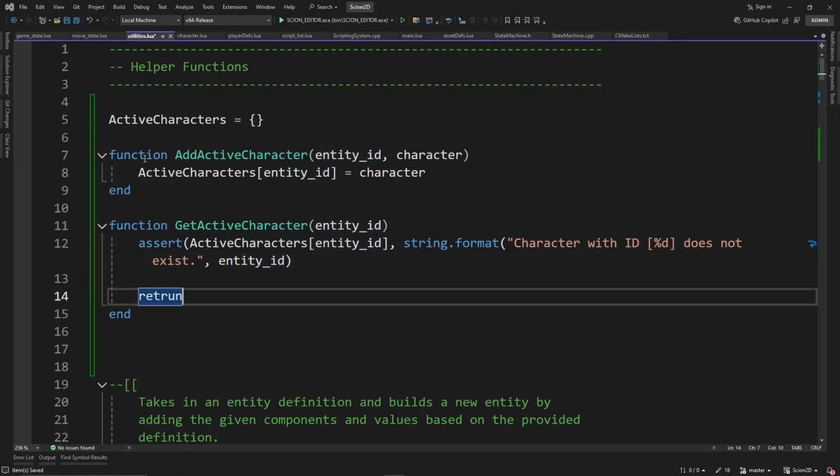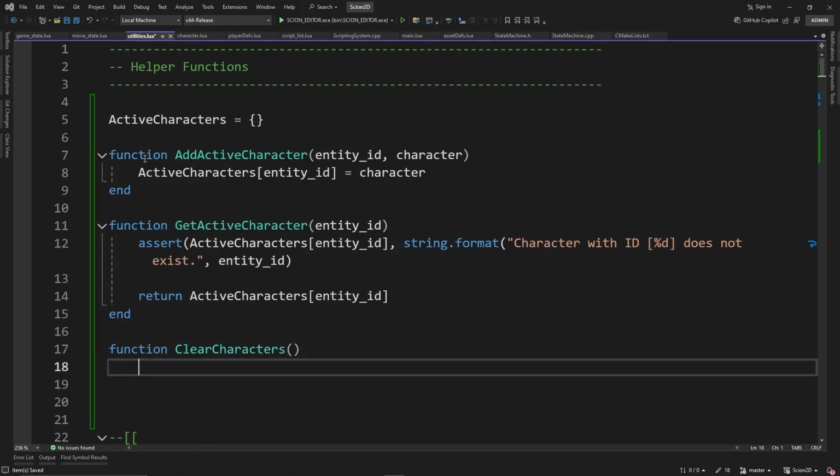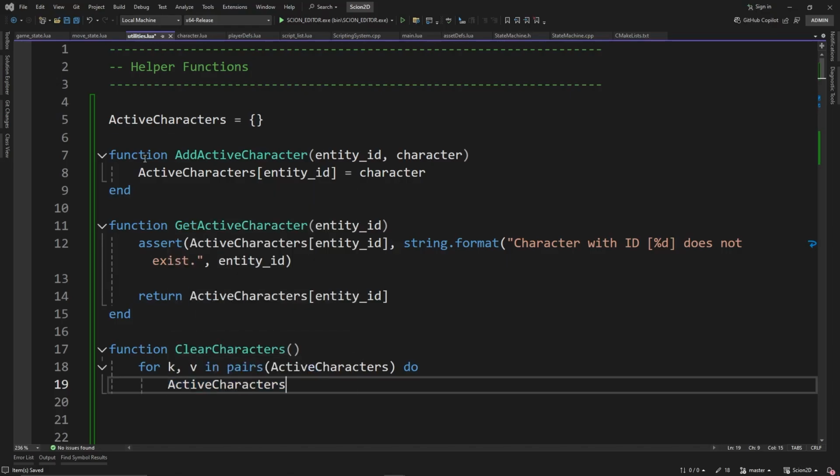And then if it does exist, we want to return it. Return active characters at entity ID. All right. We want to have a function to clear the characters. So say when we leave a level or whatever, we clear all the characters. Function clear characters. So for K, V in pairs of active characters, do active characters at K is equal to